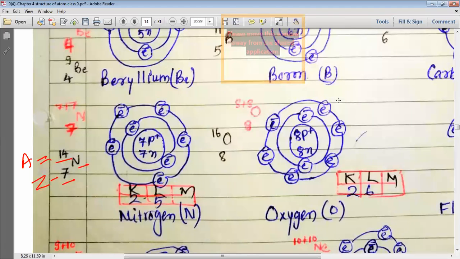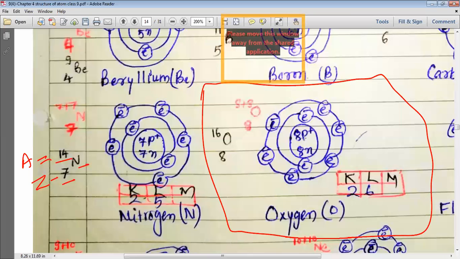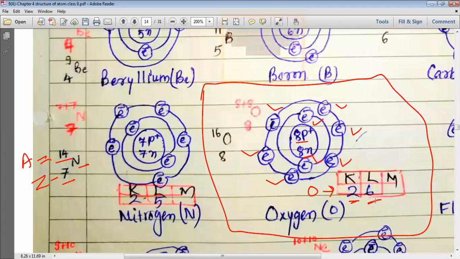So you can see the picture of oxygen on your screen, my dear students. This is what we are studying, the structure of the atom, that is oxygen. Oxygen has 8 protons and 8 electrons, and you can see that a total of 1, 2, 3, 4, 5, 6, 7, 8 electrons are revolving around the nucleus. Out of these 8 electrons, my dear students, you can see that 2 electrons are present in the K shell, whereas the other 6, 1, 2, 3, 4, 5 and 6, are present in the